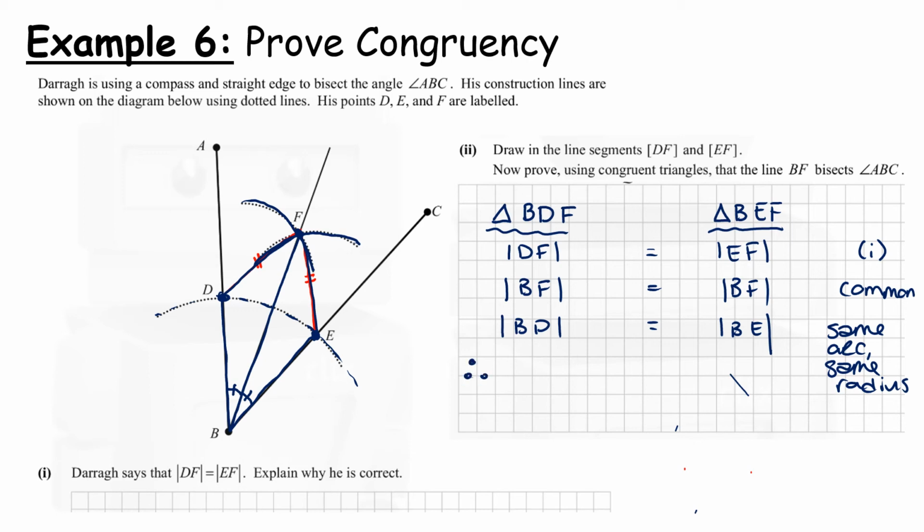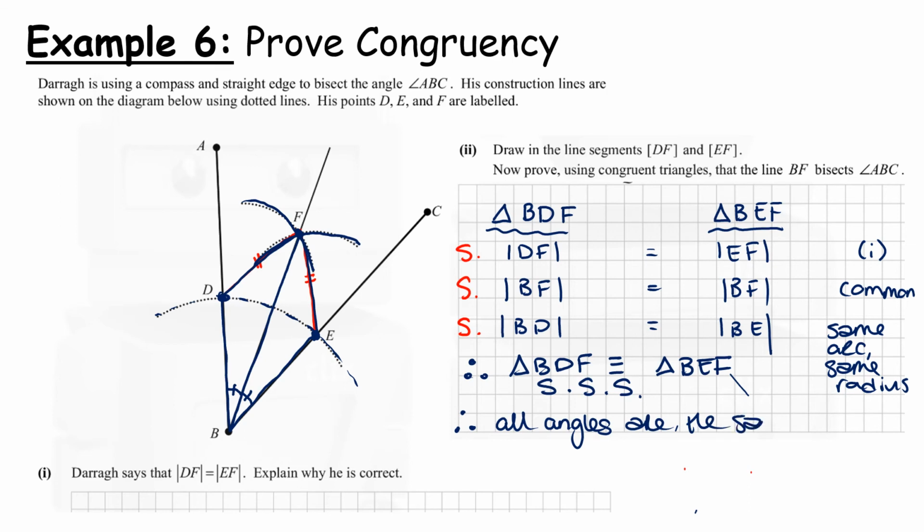So therefore, what we can say is triangle BDF is congruent to triangle BEF because we've used side, side, side. So we've proved side, side, side. Now, just be careful. So then we have to actually answer the question. Therefore, all angles are the same. Therefore, the size of angle DBF is equal to the size of angle EBF, and therefore the line BF bisects